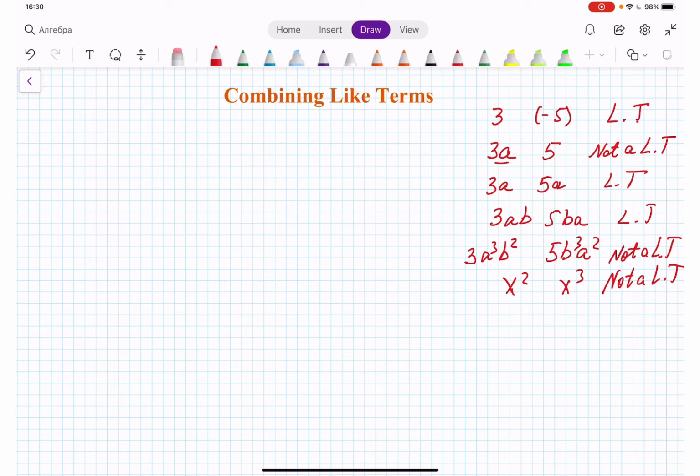Okay, so if I have, let's say, 3a to 4, b to 5, and 5, b to 5, a to 4, these terms are like terms because we have b to 5, a to 4. Okay? All right. Now we are ready to start